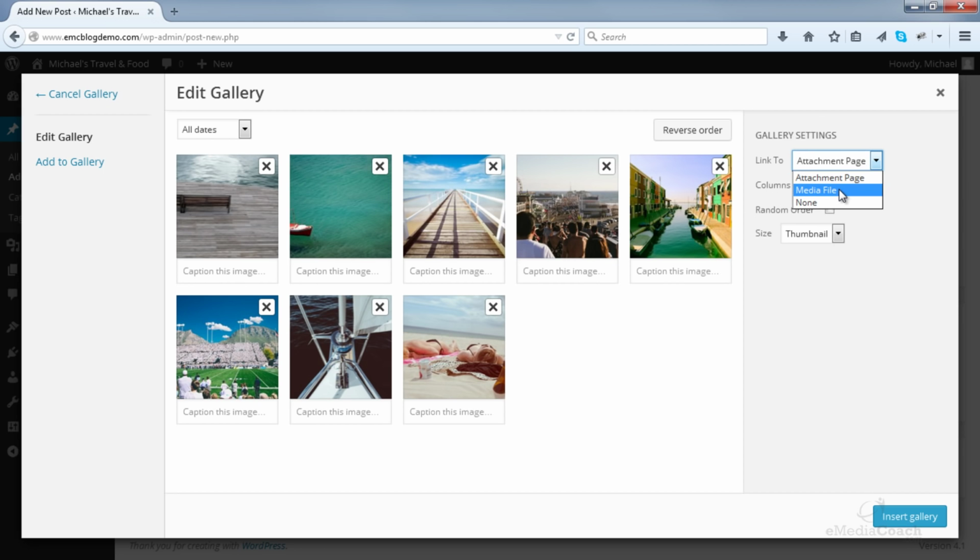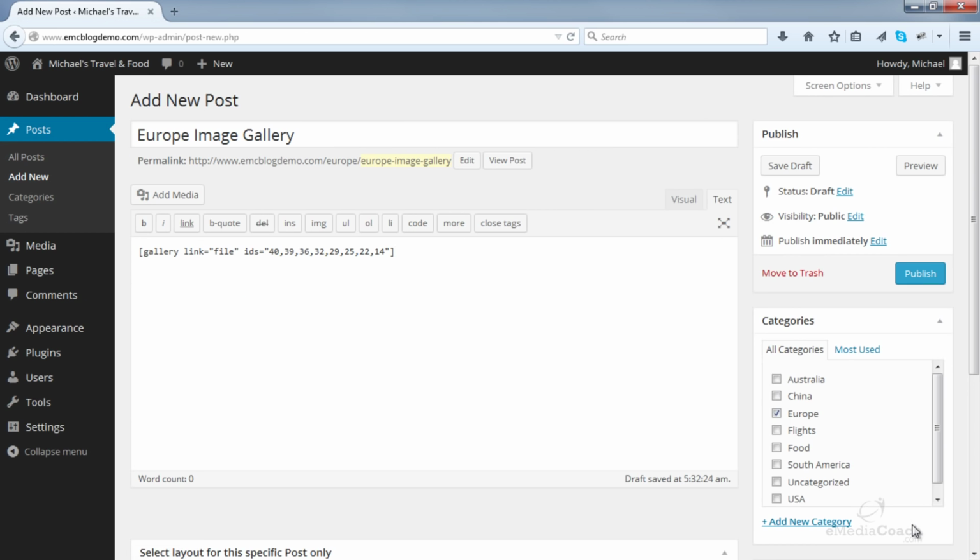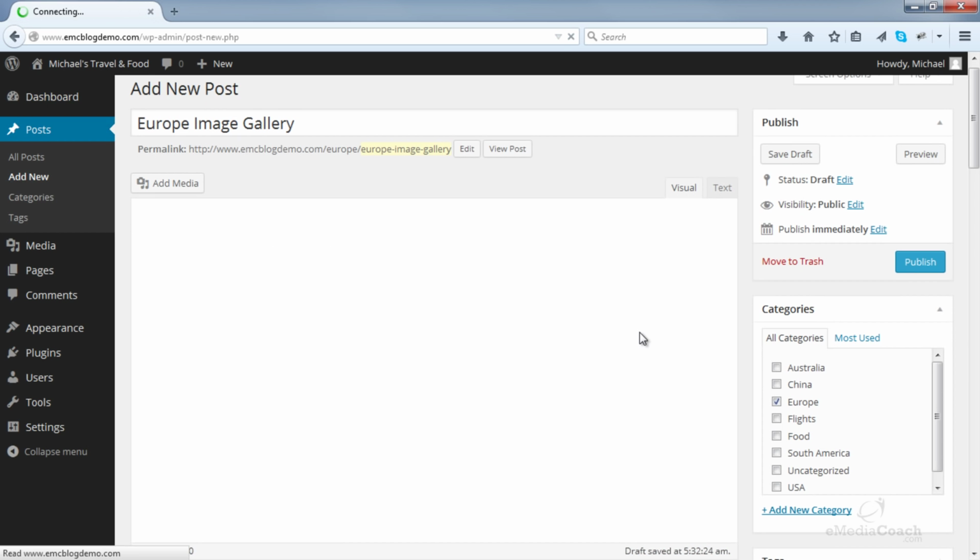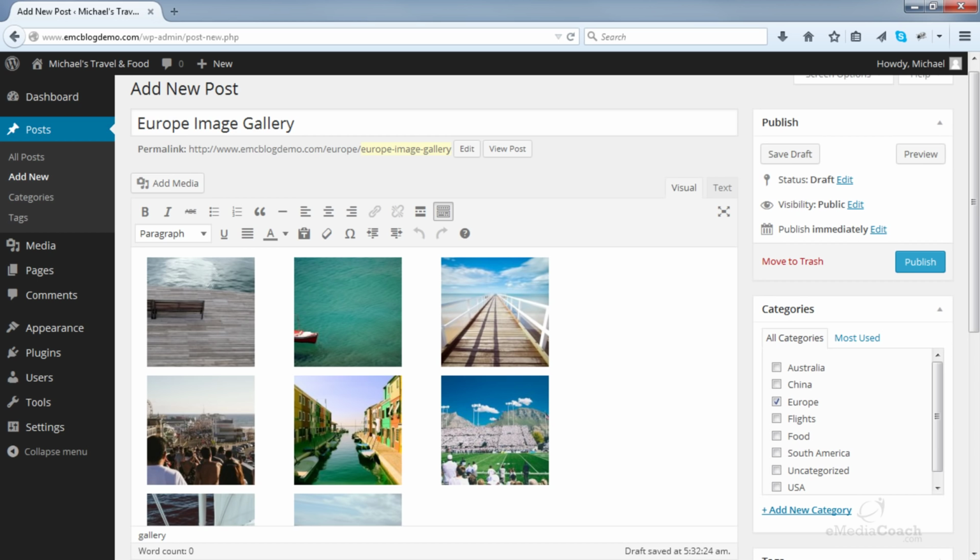Link to media file. Select the number of columns you want them to display in. I'll leave it as 3 for now. And insert gallery. Because you're in the text tab, you'll see some code here. But if you go to the visual tab, you'll see your images that are part of the gallery. So let's hit publish and see what that looks like.